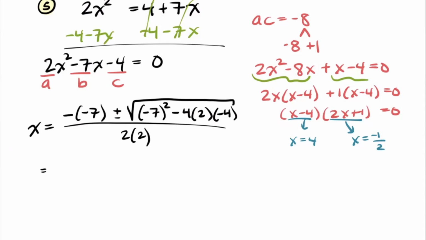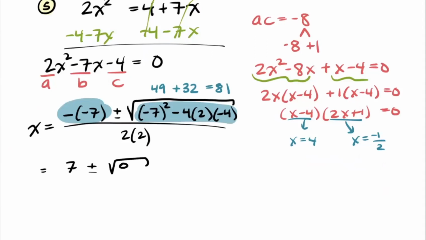All right, some simplifying to do here. We'll do -7, that's +7. We should do the simplification of what's inside of the root. So let's see, -7 squared is +49, minus, see, 4 times 2 is 8, times -4 is -32, and we're subtracting it, so we'll end up with adding 32. 49 plus 32 seems to be 81. And so what we have here is the square root of 81, and that's all divided by 2 times 2,